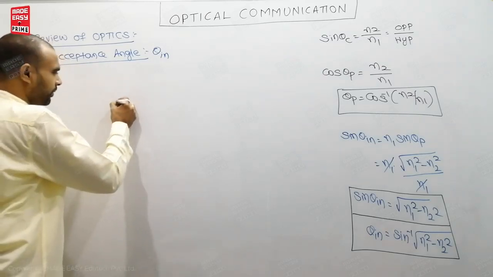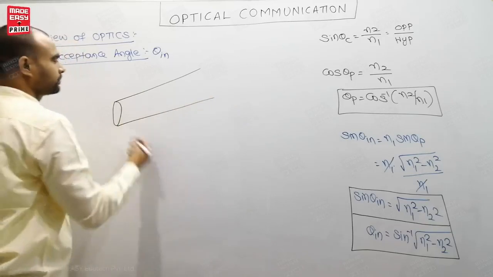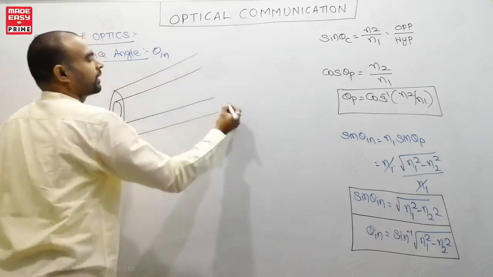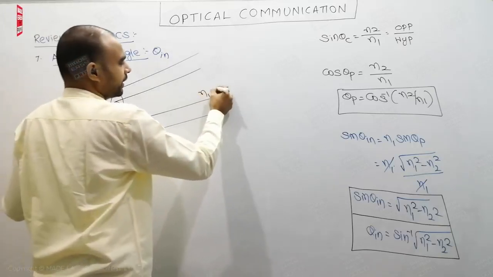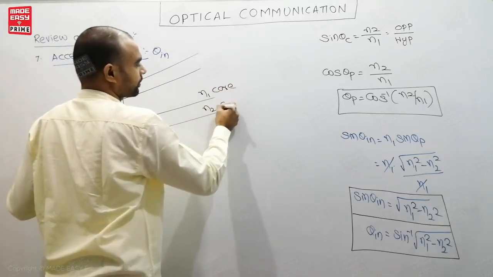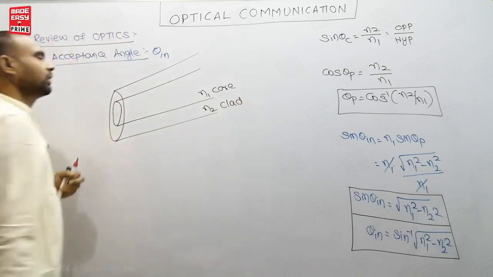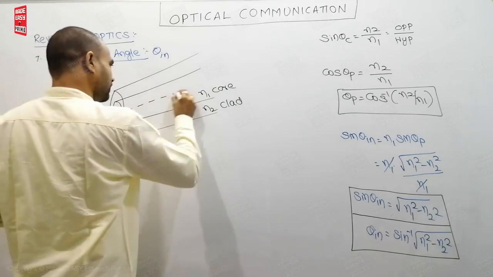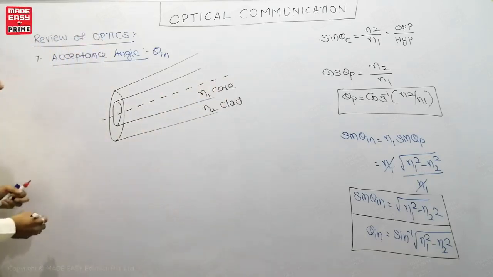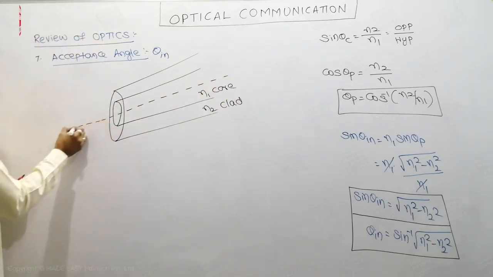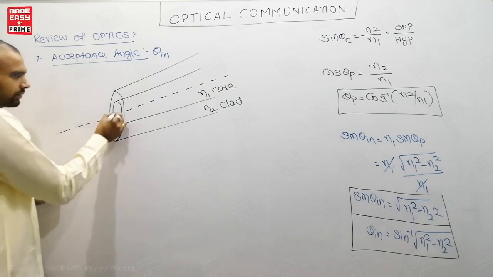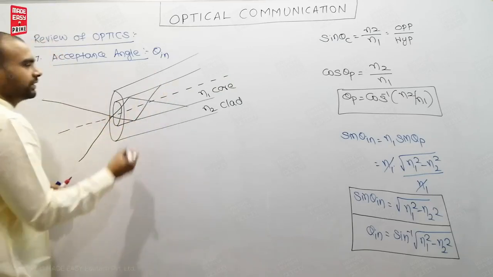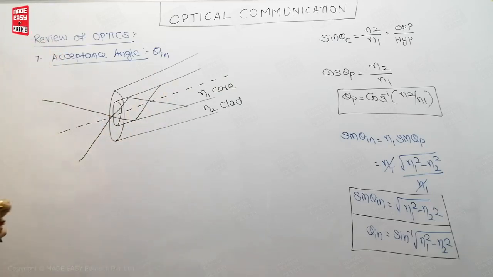This is said to be called as the fiber core, and this is called as the cladding. N1 core, N2 clad. So this is said to be called as the axis of the fiber. So whenever the light is incident and passes into a fiber like this,